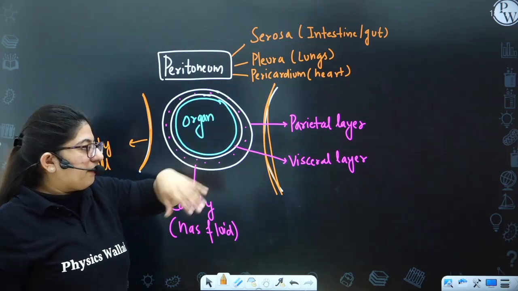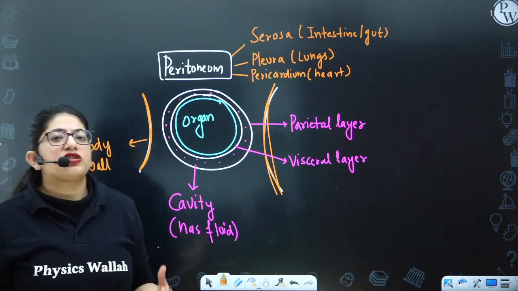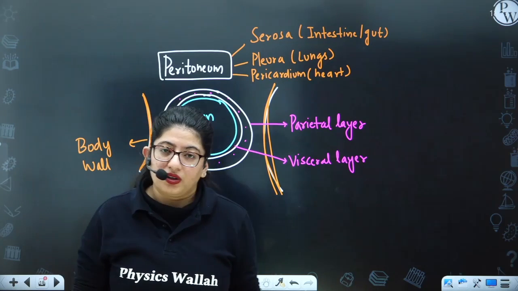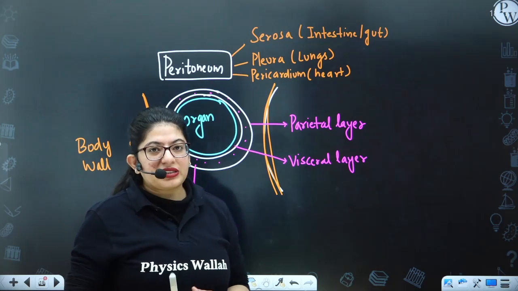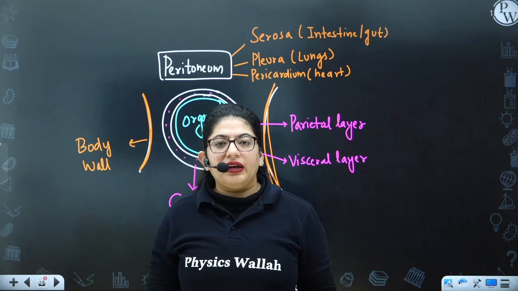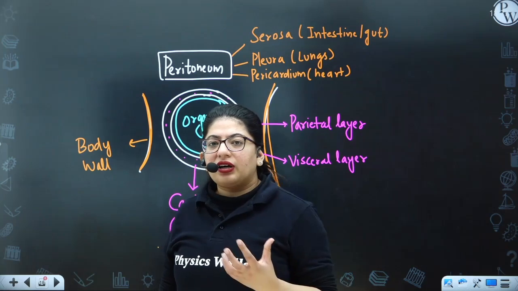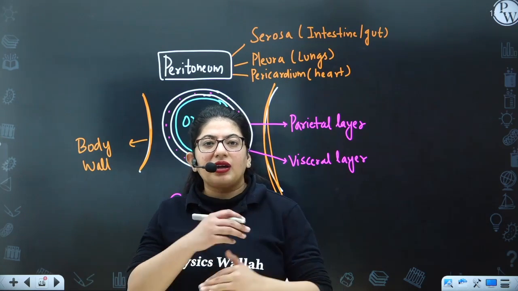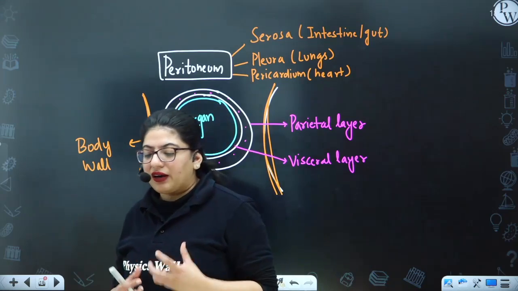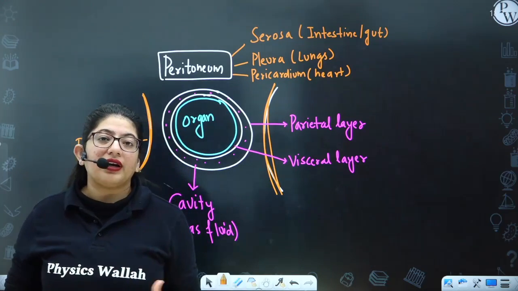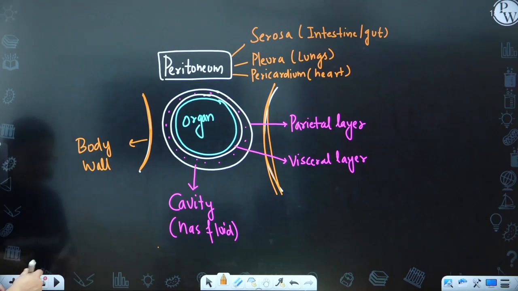It is not double layered. Anyways, so here this has a fluid that provides protection because it does the shock absorption. It's just like whenever you order a parcel, if something is fragile like your glass or ceramicware, usually the company used to pack it in a bubble wrap or newspaper. That will give you a protection that will absorb the shock and it will not let them break. Just like that, your pleura is performing this function.